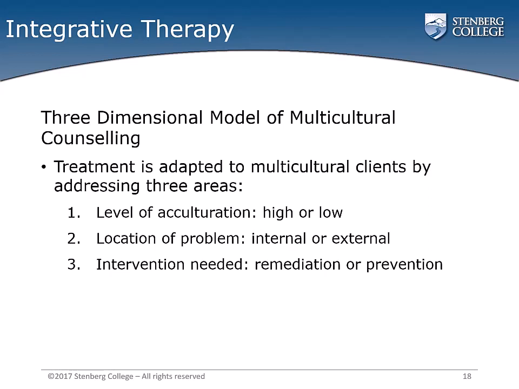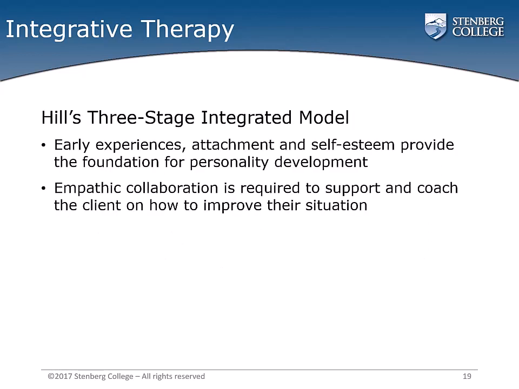So once the client has been characterized by these 3 dimensions, the approach suggests the role of the clinician and the interventions that are most likely to be helpful. Clara Hill's 3-stage integrated model is firmly grounded in the theoretical orientations of people like, but not limited to, Freud, Rogers, Erikson, Skinner, Ellis, and Beck.